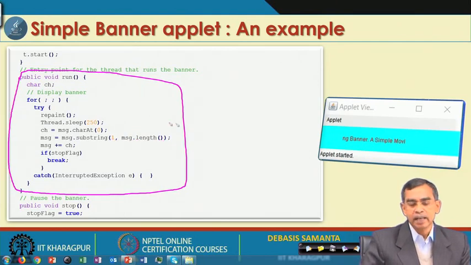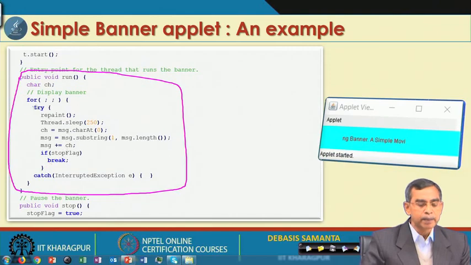So each time, suppose WELCOME comes, the first character W is taken, then the next substring is appended after it, so E L C O M E, like this. This is how the run method executes as the thread runs. It will go on one by one, taking one character at a time from the front, getting the substring, displaying it, and then again updating and repainting.